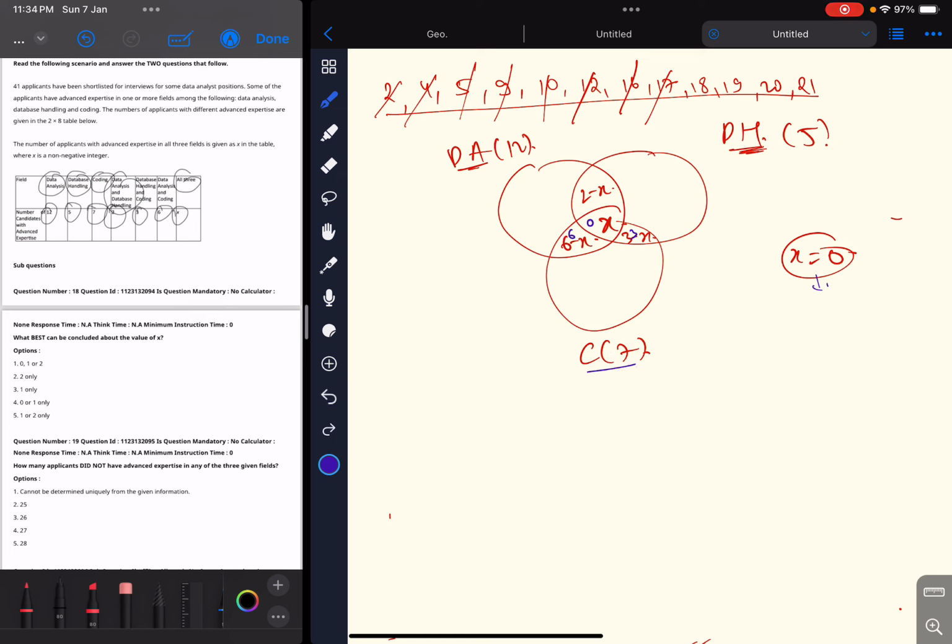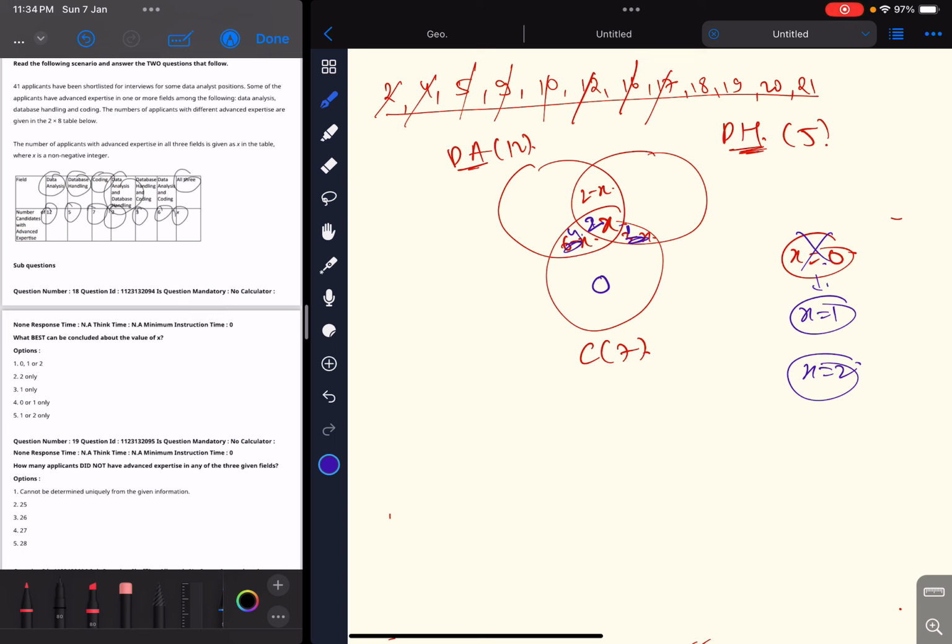Now let us come to the next value, that is x equal to 1. This case is discarded. X equal to 1 means this is 1, this is 6 minus 1, 5, this is 3 minus 1, 2, so total is how much now? 5 plus 2 is 7, plus 1, 8, again this is 7, so 1 is not possible. Now let us come to the last case, that is x equal to 2, and let us check whether that satisfies or not. So x equal to 2, in that case this becomes 2, this becomes 6 minus 2, 4, this becomes 3 minus 2, 1, so 4 plus 2 is 6, plus 1, 7, absolutely possible.